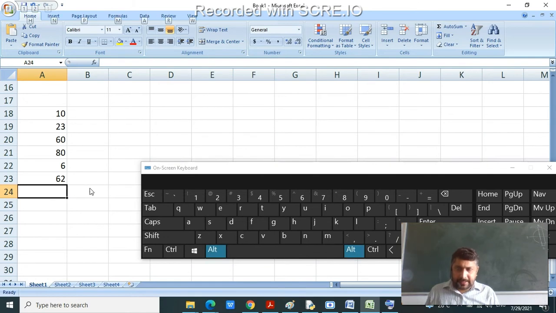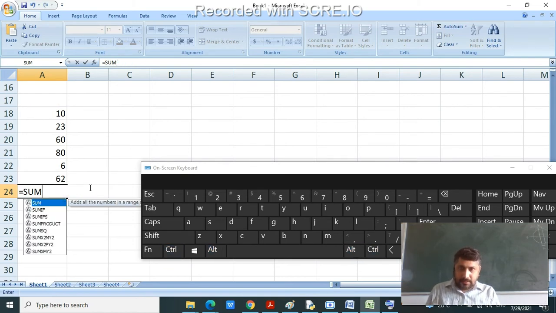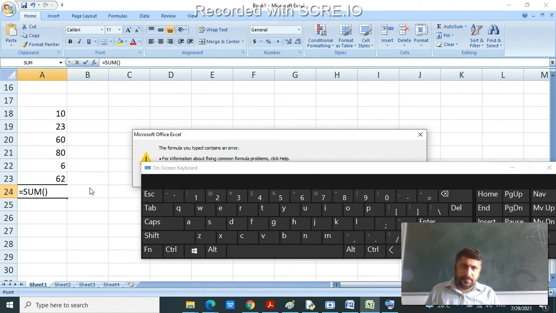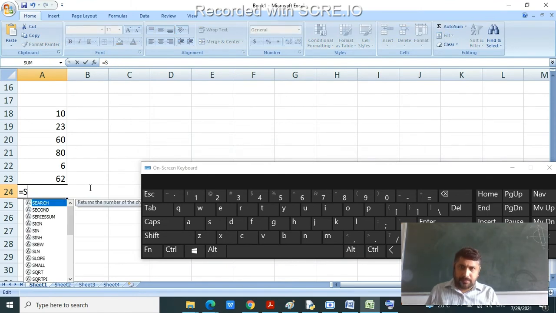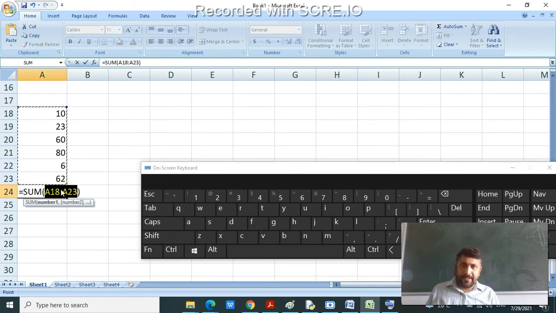Alt and equal to. What we have done: Alt and equal to, and Enter.